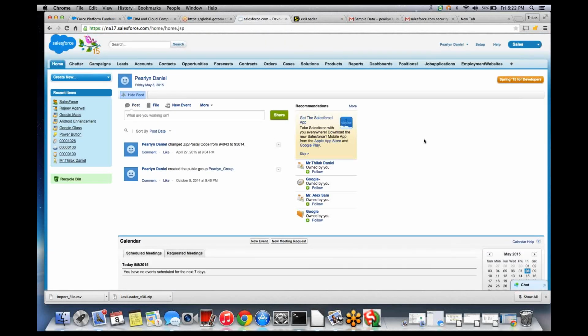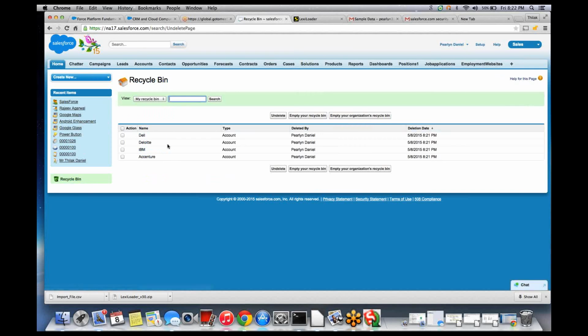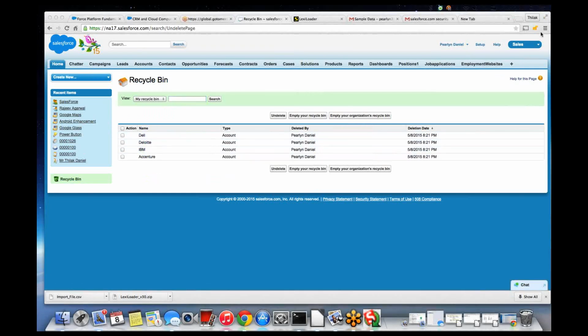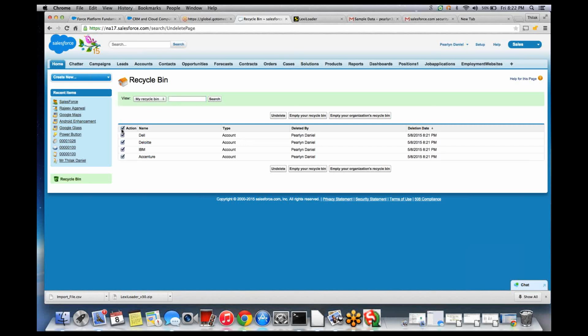Okay, click on the home tab. Yeah, there is a recycle bin there. Do you see that on the left hand side? Yes. So all these records which just got deleted have come here in the recycle bin. In case you want to restore them, you can select them and say